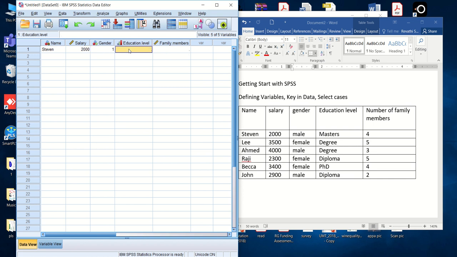Now let's move on with the education level. Masters is represented by 3 in your variable view and family members is just 4 here. You don't have any data labels for the family members. Followed by the second person, Lee, and salary is 3500 and gender is female, which is represented by 2, and degree is represented by 2, and family members is 5. Followed by Hamed